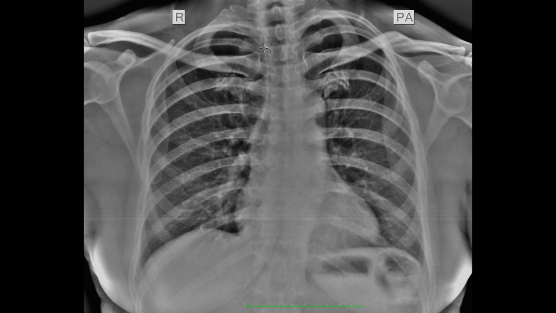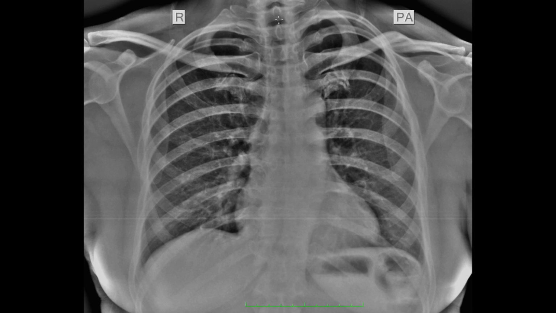If the trachea is deviated to one side, it can be because of push or pull. For example, if there is a plunging goiter and it is pushing the trachea towards the opposite side, then there will be tracheal deviation. Or if there is, suppose, right upper lobe collapse, it will pull the trachea towards the same side. So tracheal deviation can be because of pull or push by certain pathologies, so look carefully.